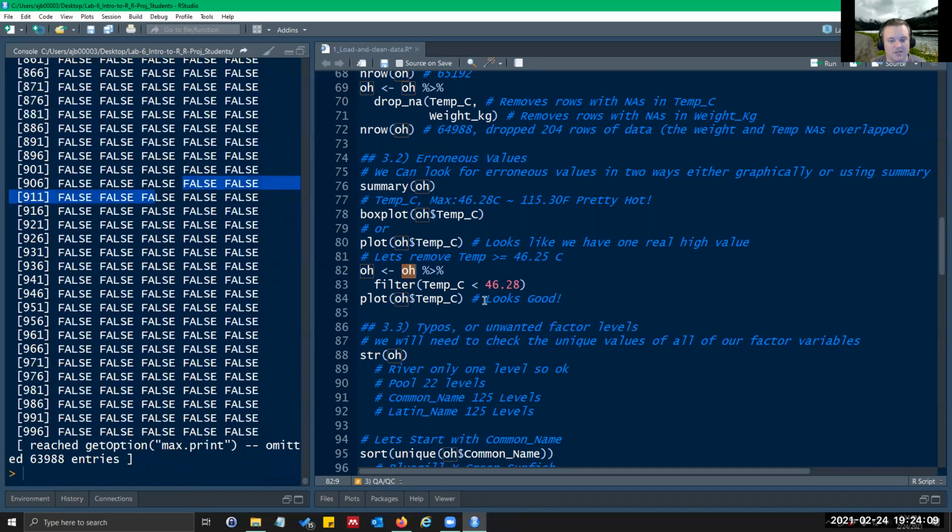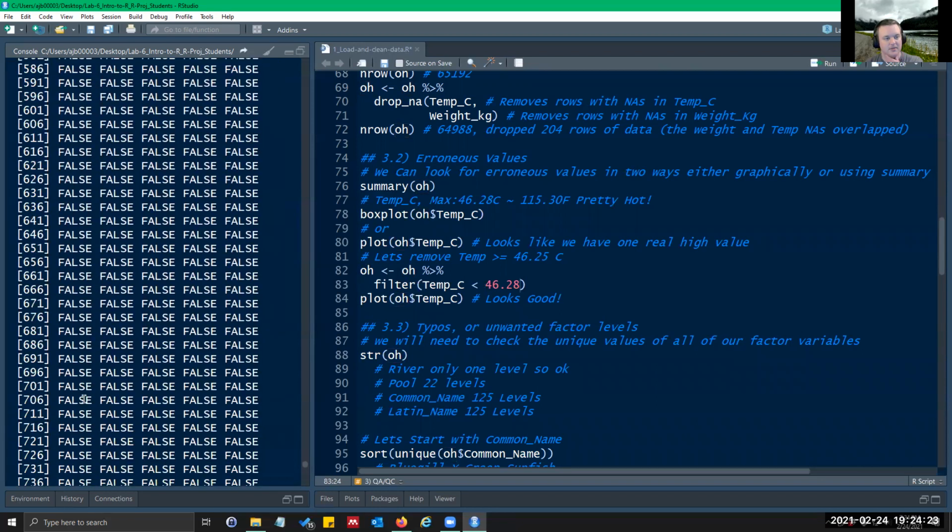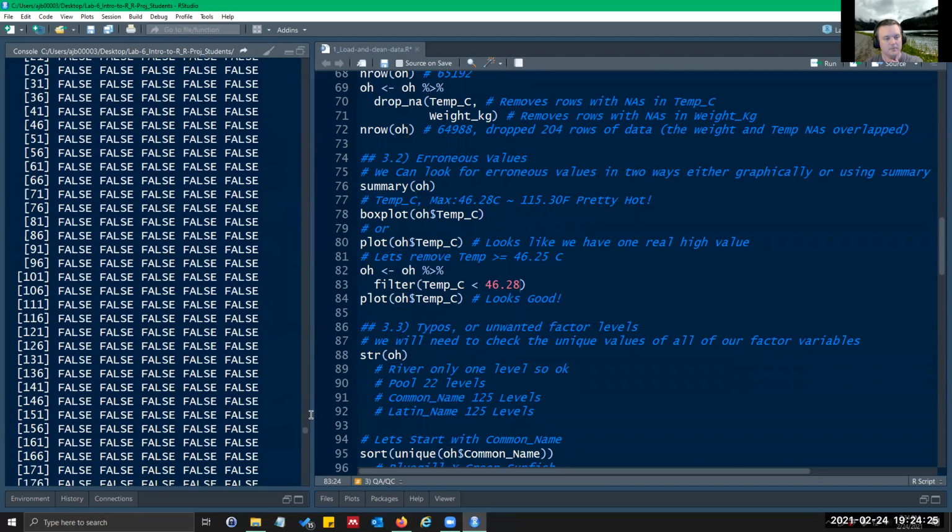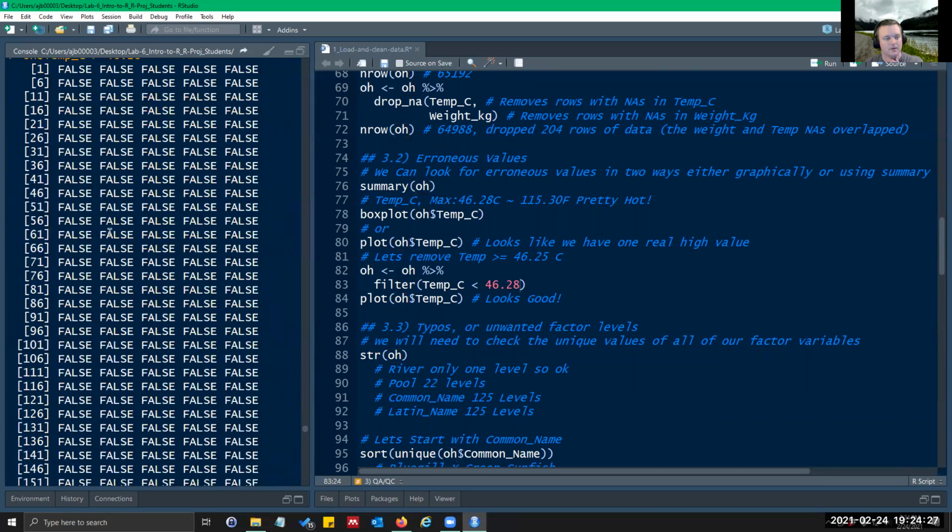In this case, since we hit less than, it's going to select only those that are false. And these correspond to row numbers. So the way you can look at that is like this is row 1 from column temperature, 2, 3, 4, 5, 6, 7, 8, and so on.